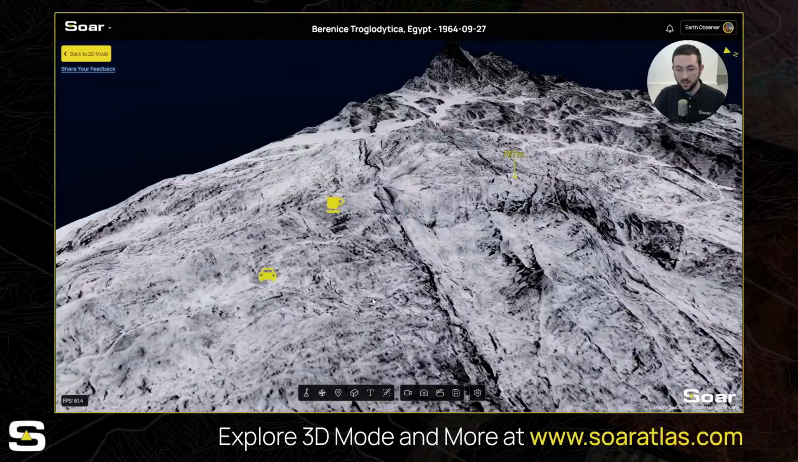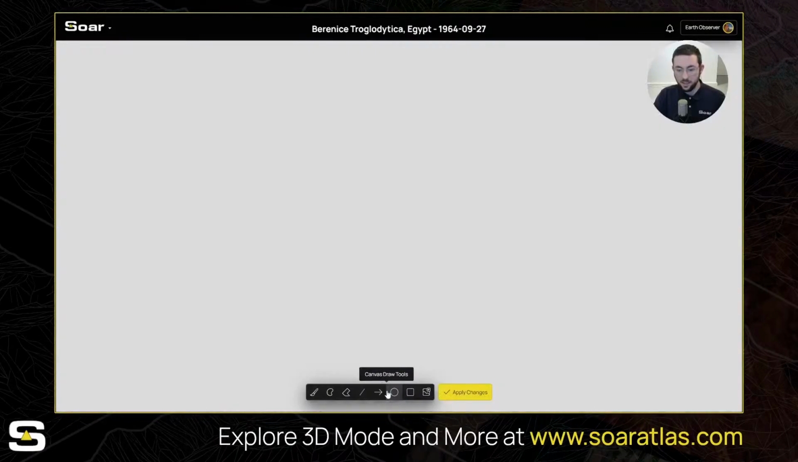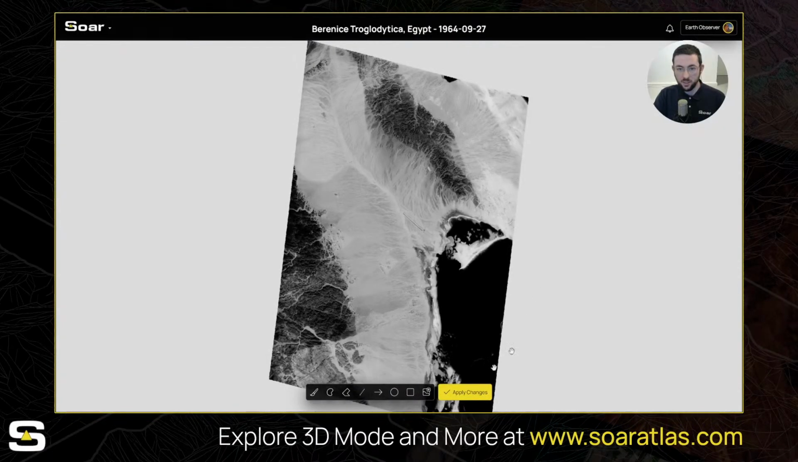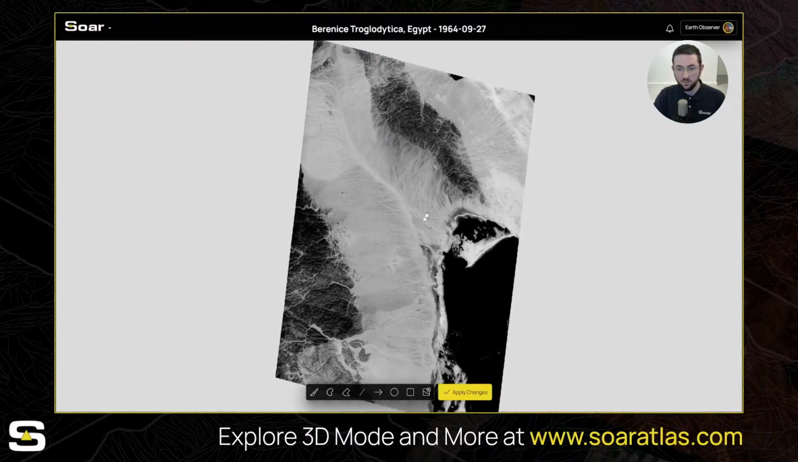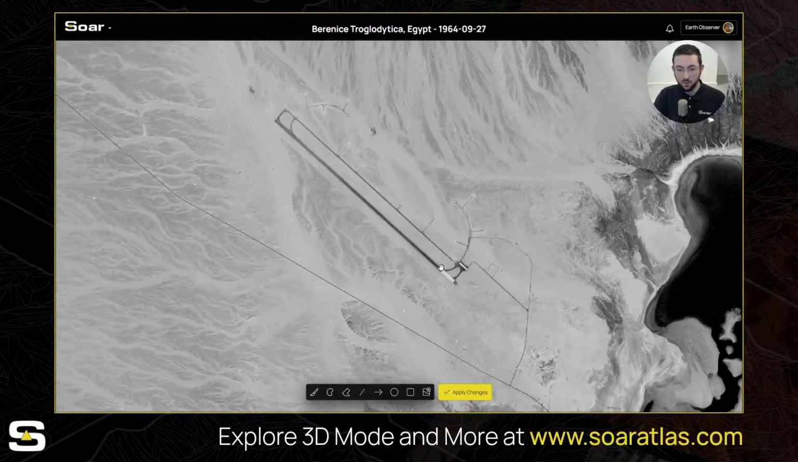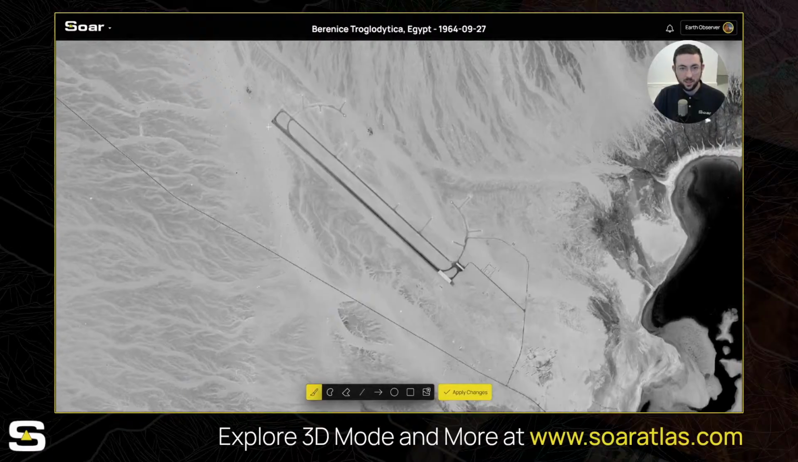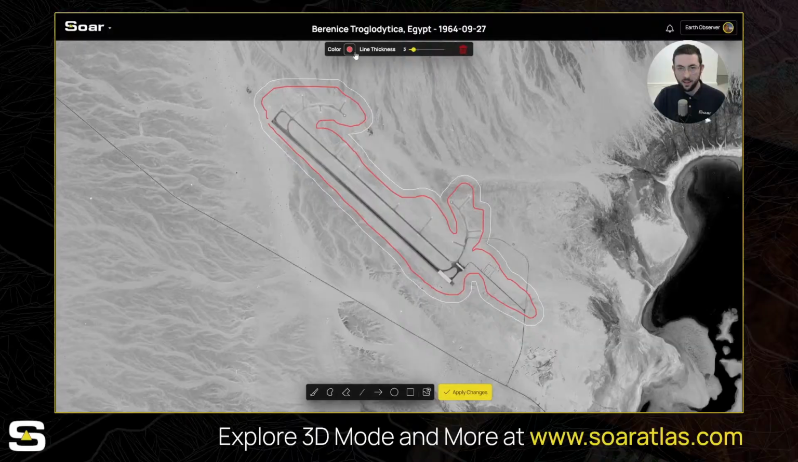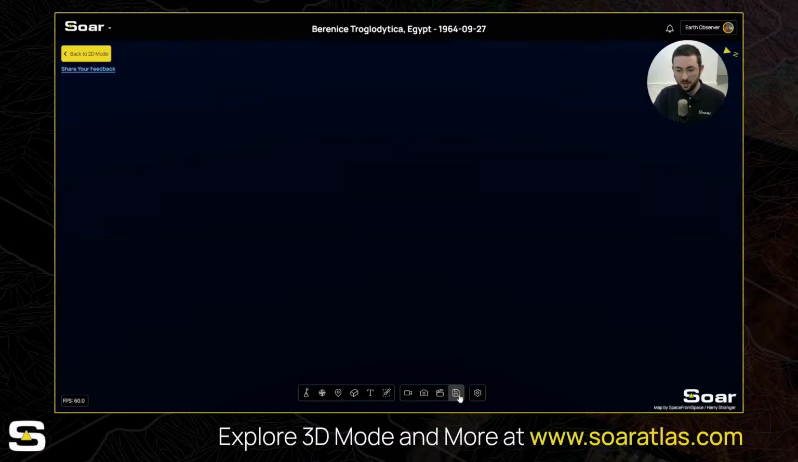The other tool that is probably one of the more powerful tools is the canvas draw tool. When you click this button, you return to that 2D mode of your map. If we zoom in here, you can see we've got this airport over here. Now is where you can draw onto your map directly. If we use this first tool, you can freehand a little annotation around it. Within there, you've got all these color options and thickness options. And then what you'll see is once we hit apply changes,